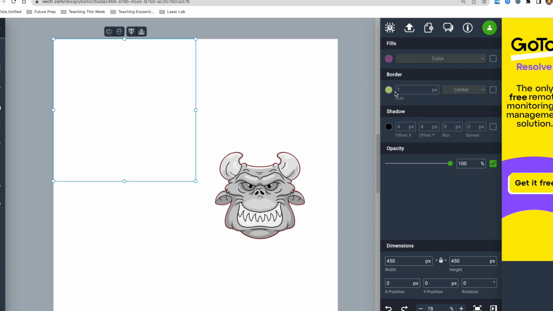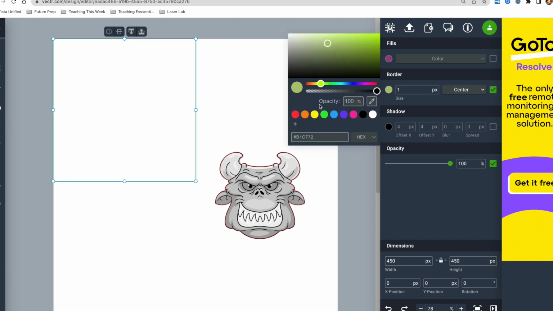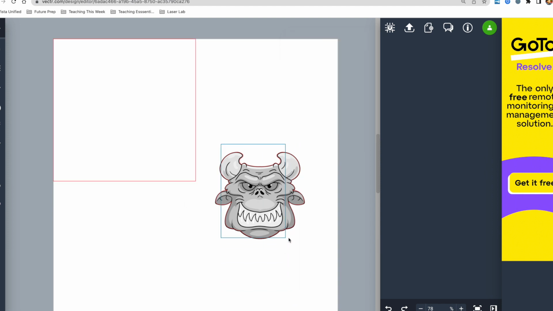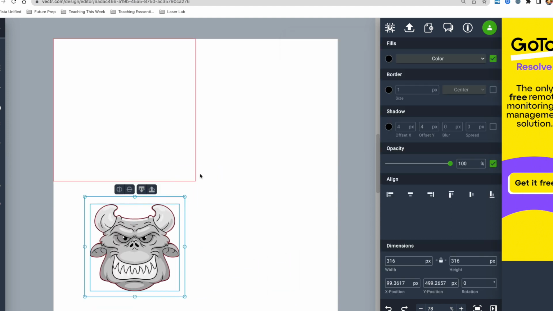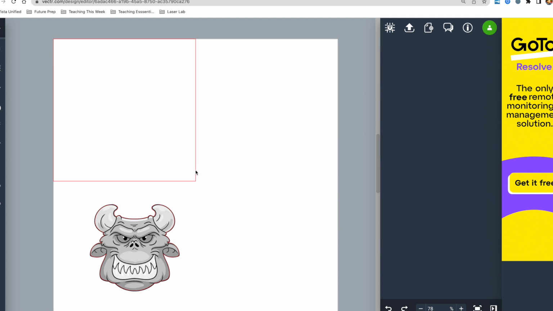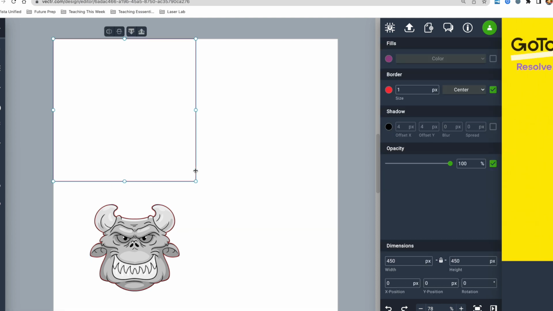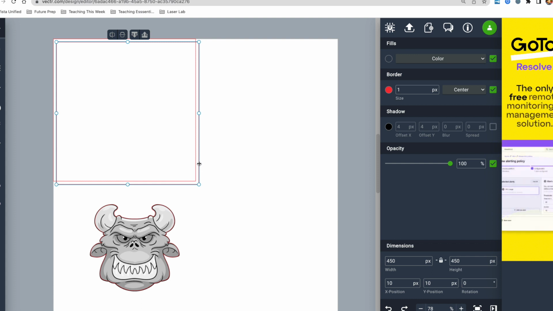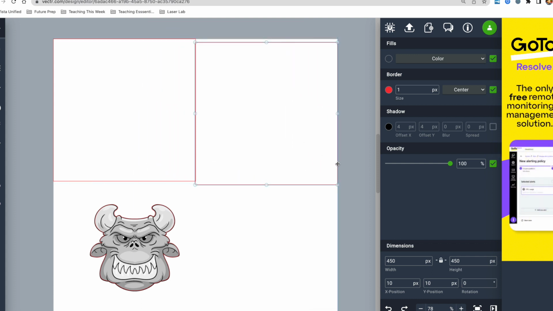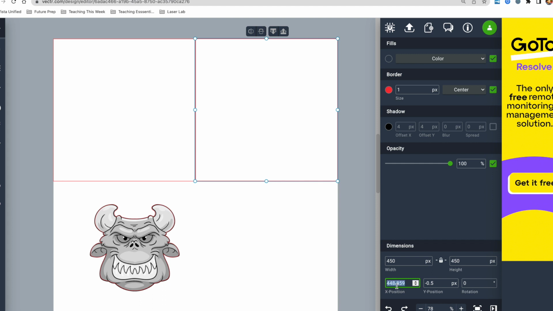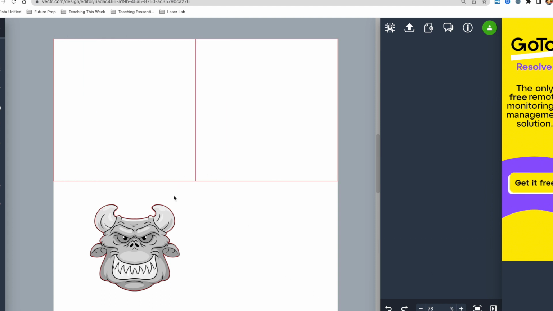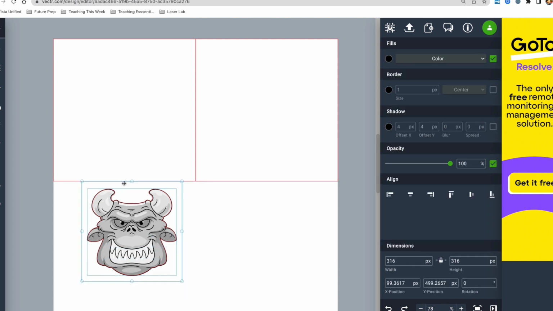We'll get rid of the fill color, change the border color to red because that is our cut color. So when we turn it red, we can put our monster inside of, or actually let's go copy this box a few more times so that we're splitting our wood into 4 equal parts. So Control C, Control V again. Try to get an approximate location, but if you go down to your XY coordinates down below, this time we want 450 by 0. We'll put our monster into the first box,